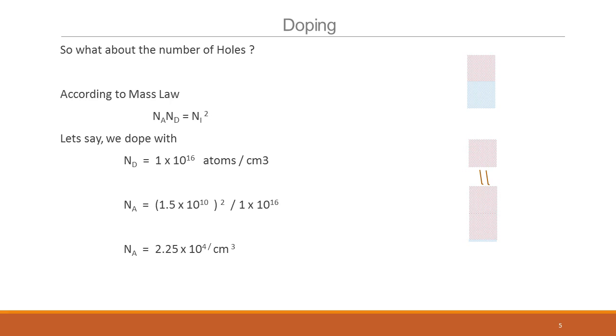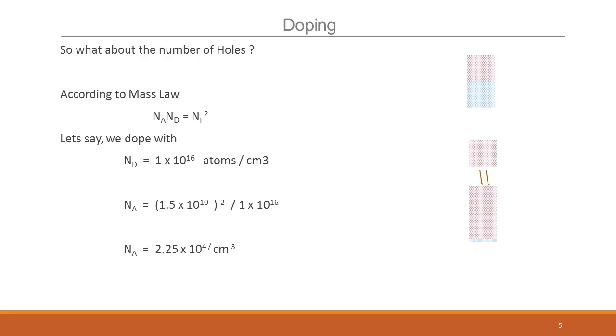That doesn't happen. You might want to think about it, but just remember that there is thermal energy as well. While electrons will go occupy the holes, thermal energy will keep creating hole-electron pairs. That is the reason why the holes don't go down to fully 0. There is some residual amount, but it's extremely small. So you can compare this with the native intrinsic silicon. Holes are reduced by 6 orders of magnitude. You can see a very small sliver of blue here. But the free electrons have dramatically increased, 6 orders of magnitude from the intrinsic silicon.